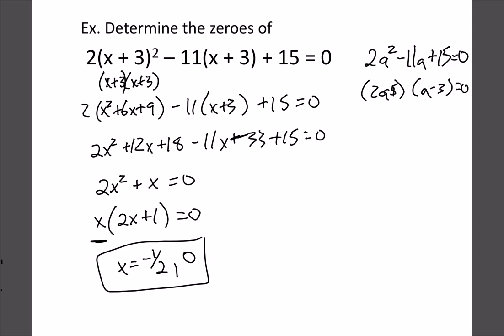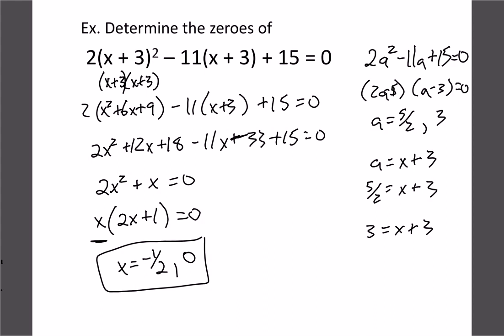So let's just double check. 2a squared is good. We get minus 5a and then minus 6a, which would give us 11. Yeah, so that's good. So anyway, we end up getting our two solutions would be 5 halves and 3. Well, those answers don't look the same, but remember, we said a was equal to x plus 3. So we actually have to put those numbers back in. So 5 halves equals x plus 3 would be one solution, and the other one would be 3 equals x